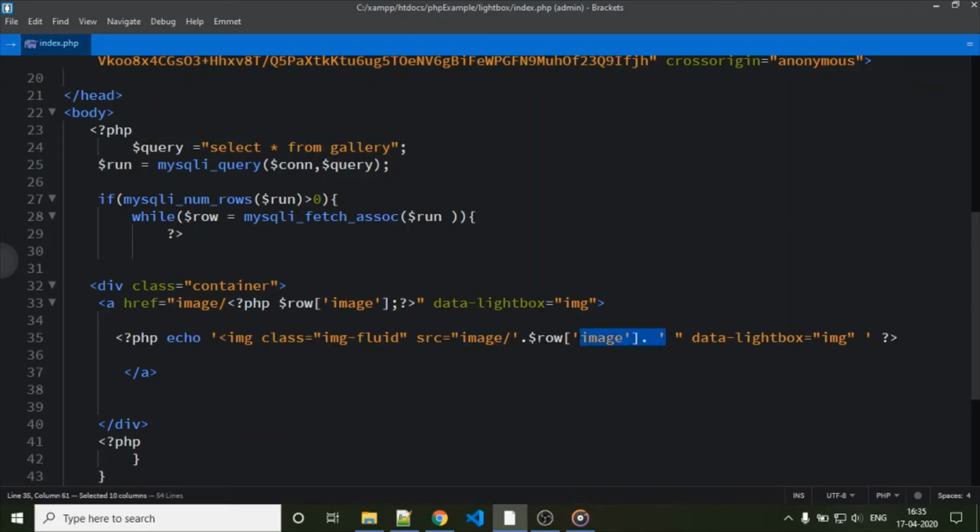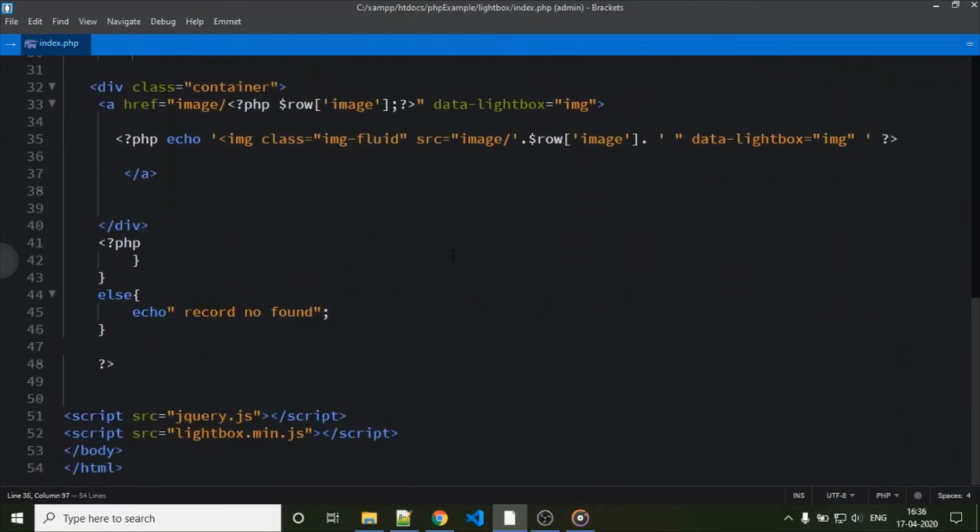We are concatenating this row array using a dot. This finishes here, this open tag finishes here, and finally the image tag finishes here. And this PHP tag finishes here.